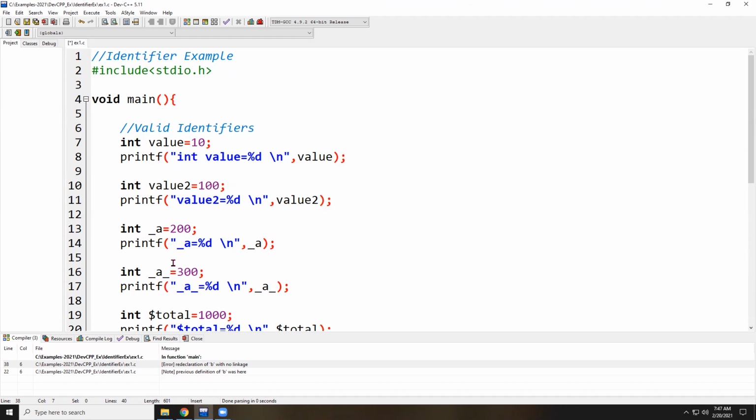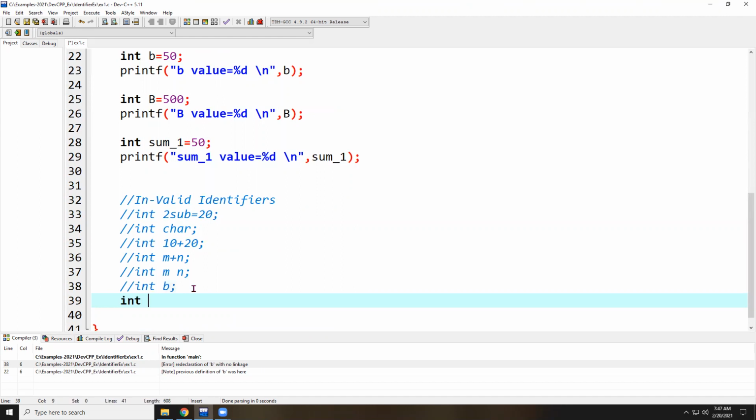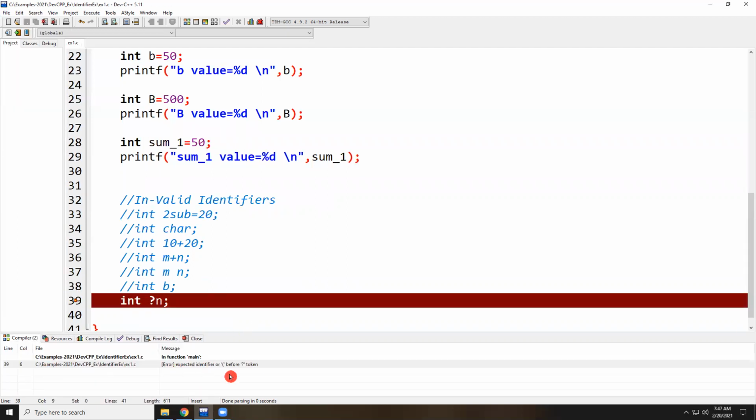If you use special characters, it won't be supported. Suppose I declare another variable with a special symbol like a question mark in int n. Again, it throws an invalid identifier error because of expected identifier before token.